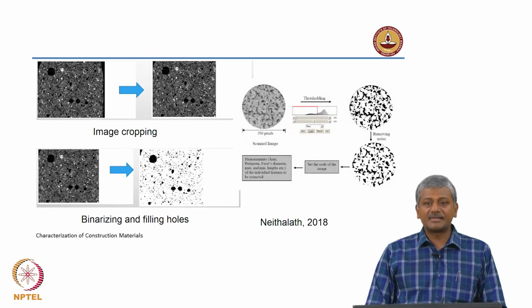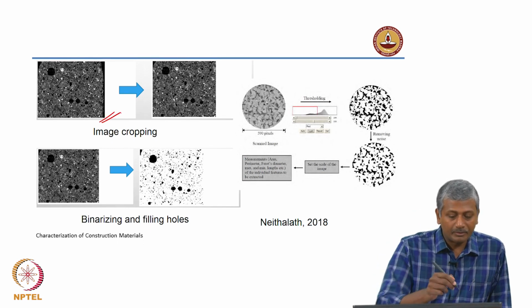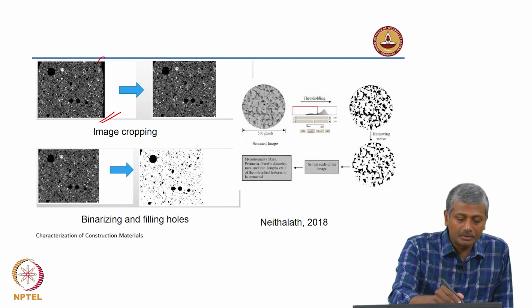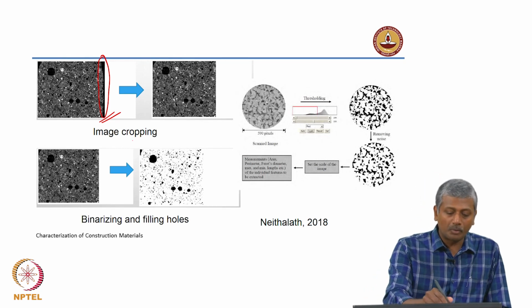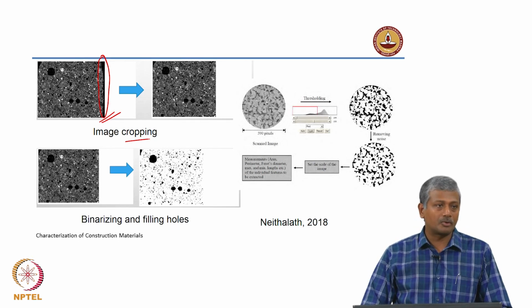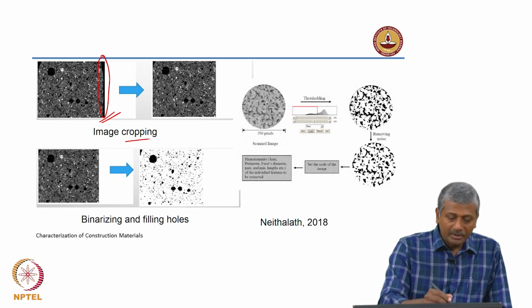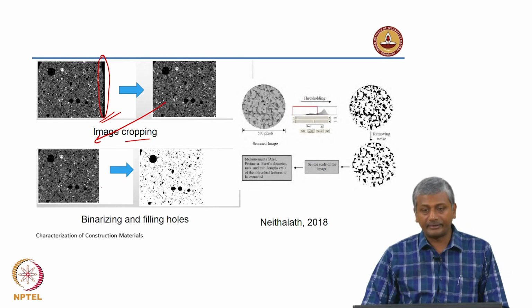So, just to give you an example, what is happening in this case are the functions from the software that have been applied to certain parts of the images. For example, here in this image you see that there is a large black section at the side which is of no use for our operations. So, you can actually do image cropping, which all of you know how to do anyway. In most of the photo processing software you will have image cropping algorithms. Okay. But what is done next is this cropped image is taken and binarized.